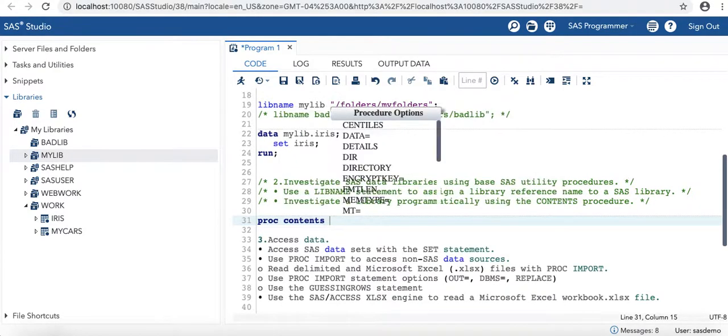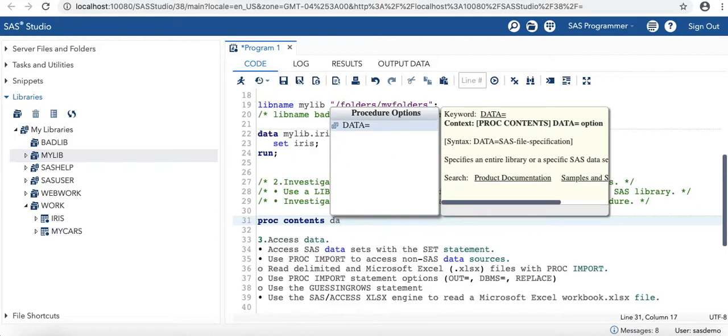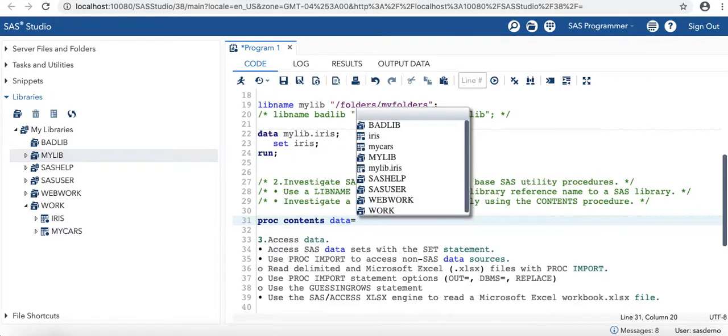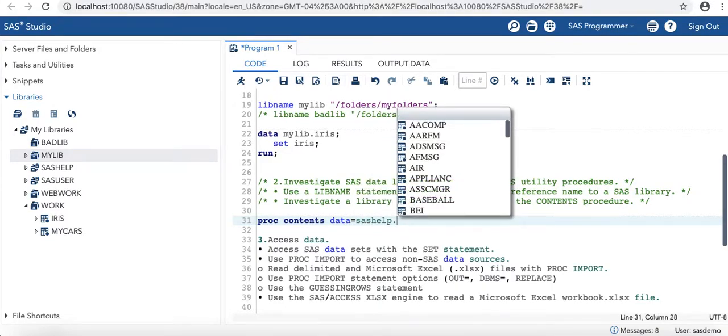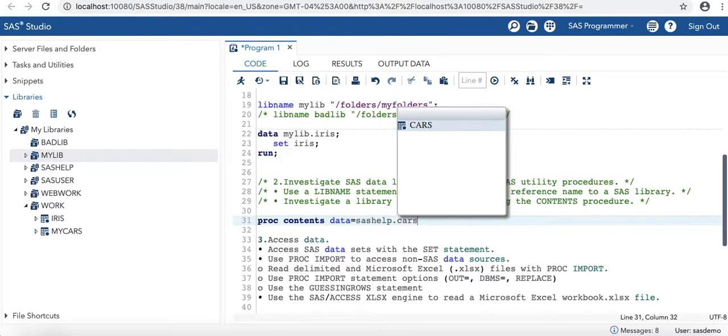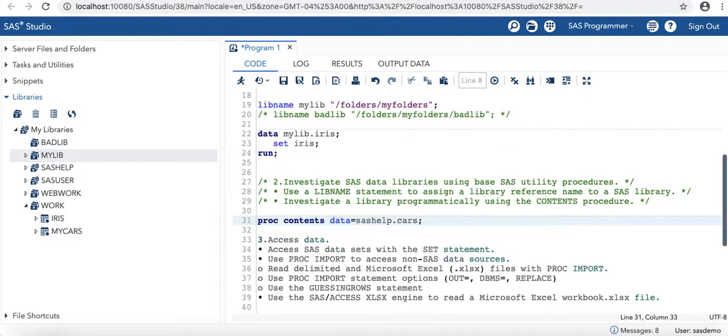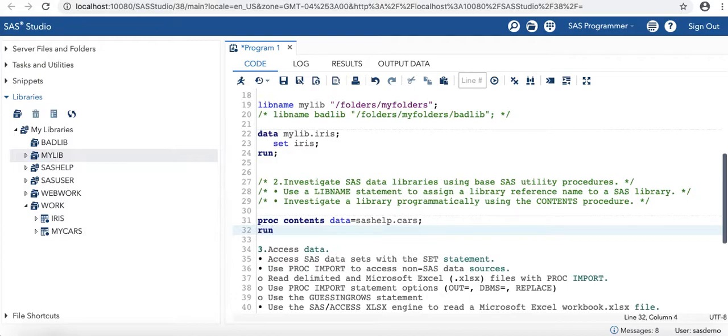So if I did a proc contents data equals SAS help dot... let's look at another data set. Let's look at cars. It's another toy data set in the SAS help library. And if we just hit run,